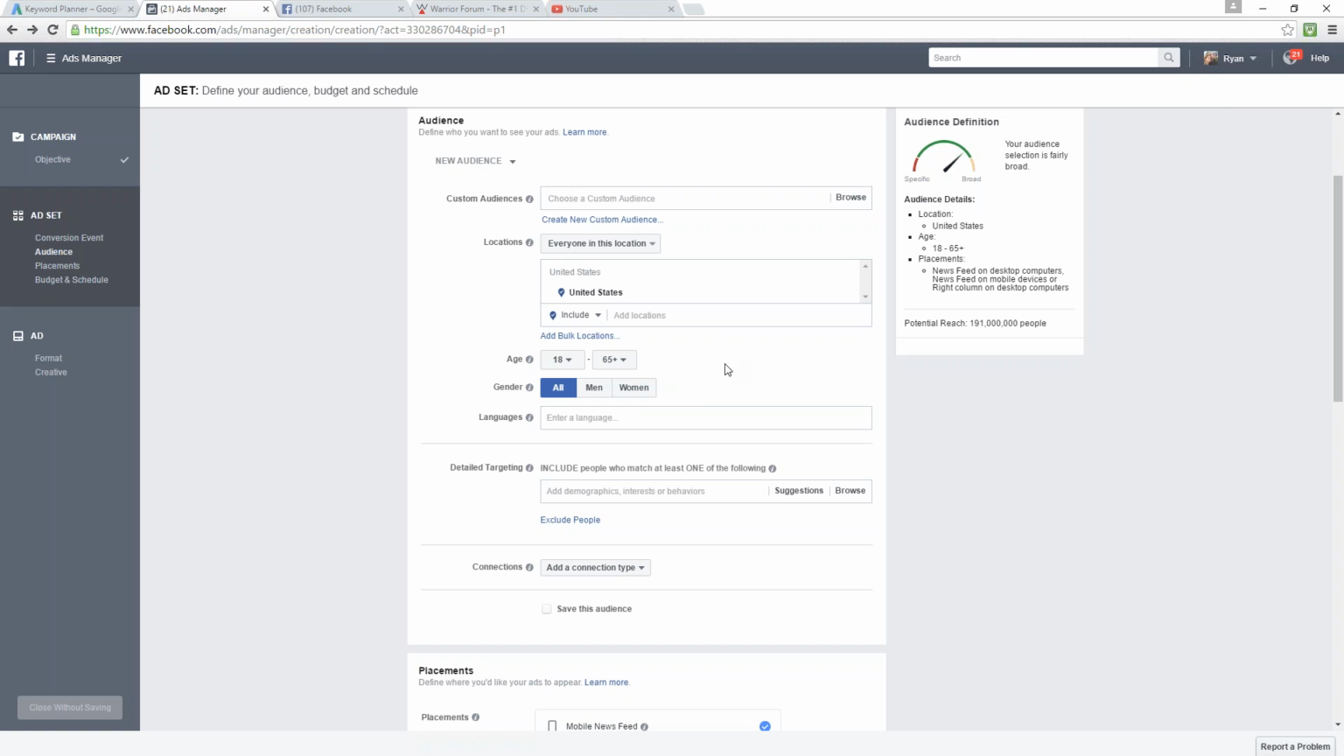But there are a number of things you can do at this research phase that can actually give you an indication as to what might be available out there. Down here under detailed targeting, you can add in things like demographics, interests, or behaviors of people. You can have it give you suggestions, or you can browse through things like those topics that I just mentioned. For example, under